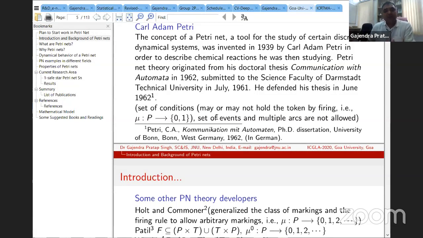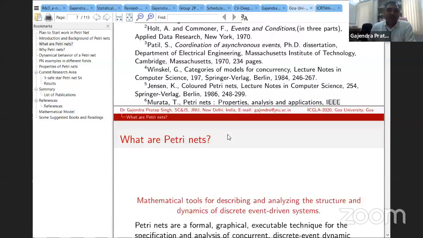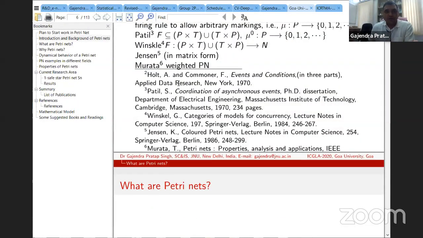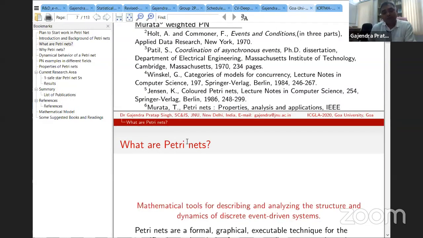But there is a lot of history there, and there is no formal definition of the Petri net. There are so many variations in the definitions of Petri nets due to various time periods, various requirements, and diverse applications. In this entire talk, I will follow the definition of Jensen. I will follow Jensen's definition throughout the discussion. These are some references: Holt, Peterson, Winskel, and Murata is also one of the good Petri net researchers. He did very good work in this area also.